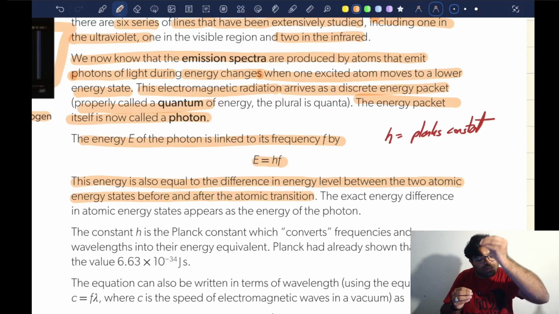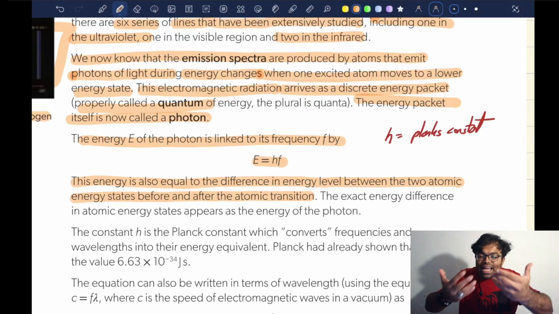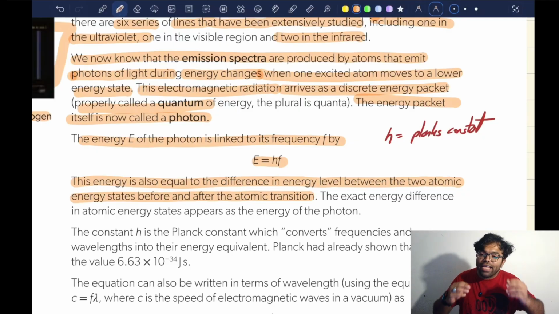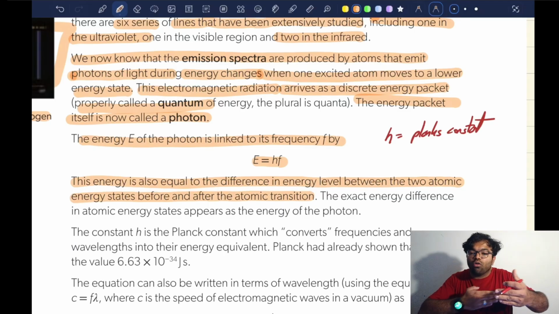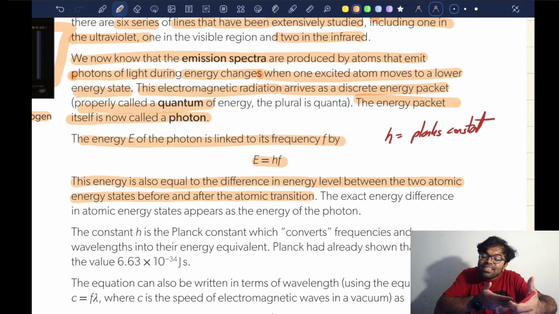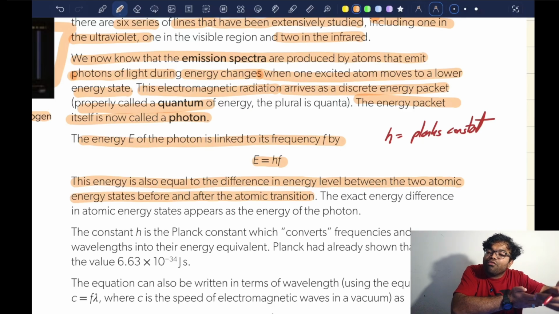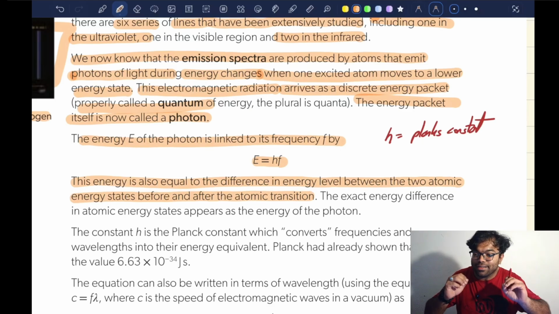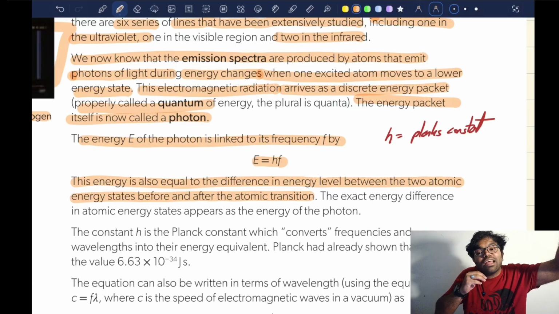So when it comes back to its lower energy state, it has to remove this excess energy in the form of radiation. Okay, it has to remove this excess energy in the form of radiation. So by analyzing the radiation that is coming from the atom, you can calculate from which energy level